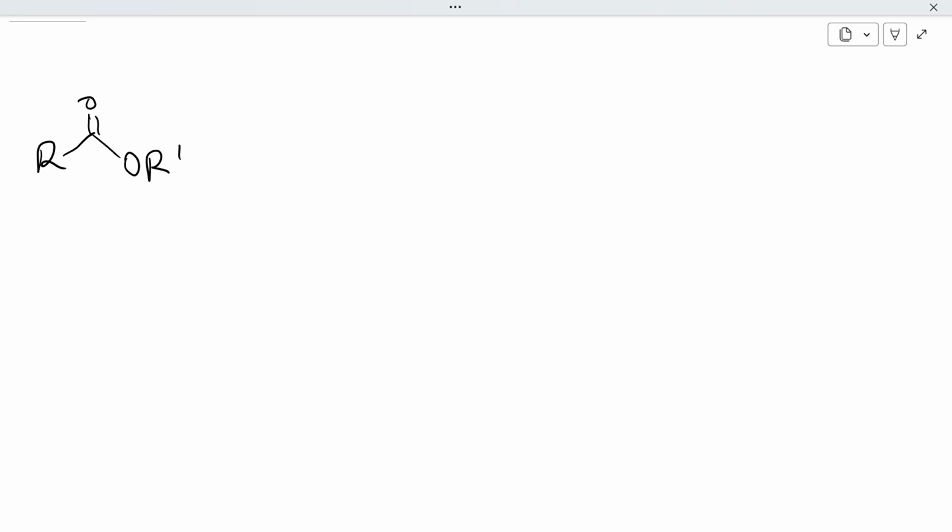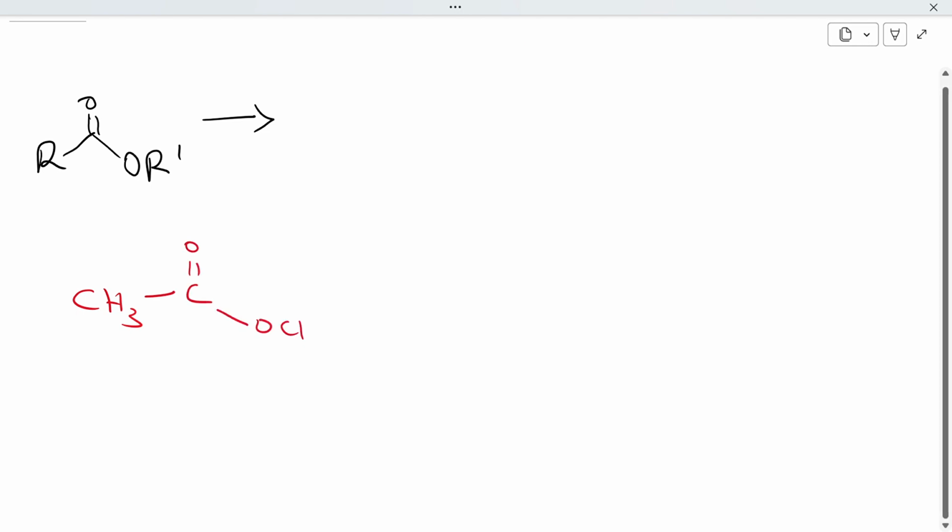Now, this ester can be changed to a different form. For example, if I'm having ester such as CH3, I can decide to change this ester into a different type of ester. For example,